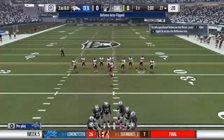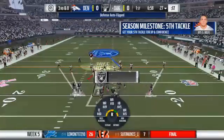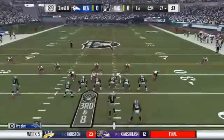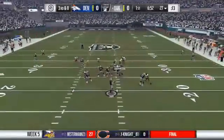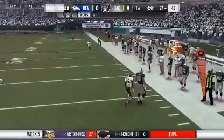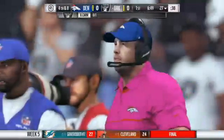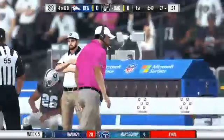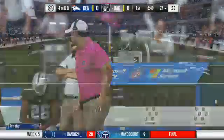An early tough test on the opening drive. This is 3rd and 8. Throwing his car on 3rd down, and he'll just toss it away. So he throws it away, and that brings up 4th down. Whether they deserve credit or not, the defense is going to take credit for that incompletion because it always feels good when you